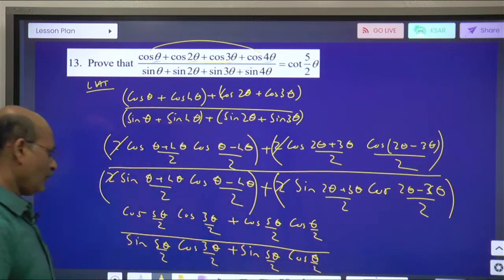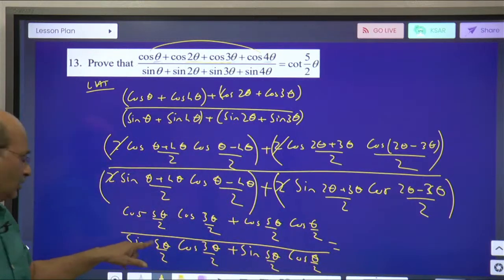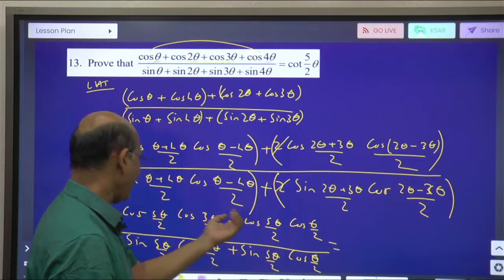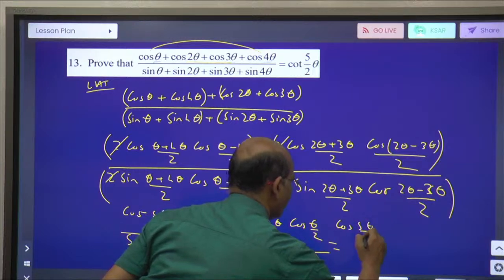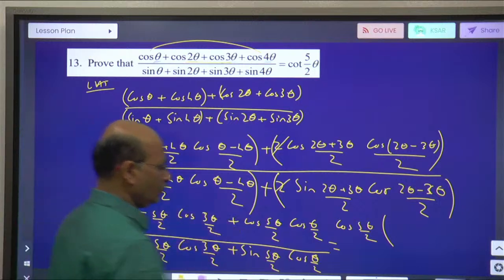Now my job is over. If I take out common, look at the numerator, cos 5θ/2 and cos θ/2. Can I take cos 5θ/2 common? So cos 5θ/2 common. What is left out here? Cos 3θ/2